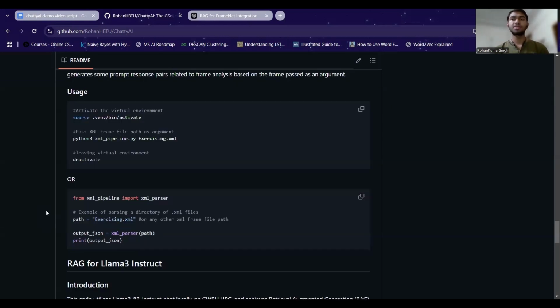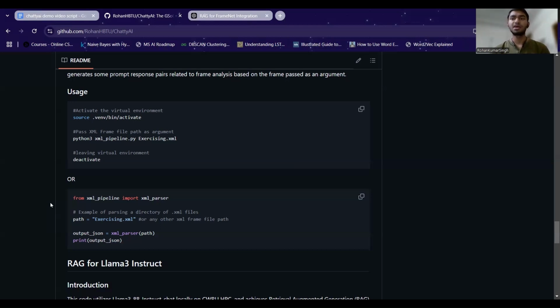To implement RAG, I utilized Llama Index. Llama Index is a framework that integrates large language models with external data sources to deliver more accurate and context-aware responses. It works by indexing data from sources like documents, databases, or APIs into a structured format. The index allows the LLM to retrieve relevant information during the response generation process.